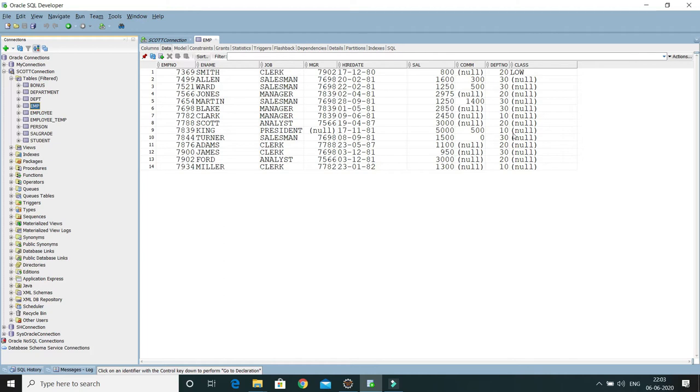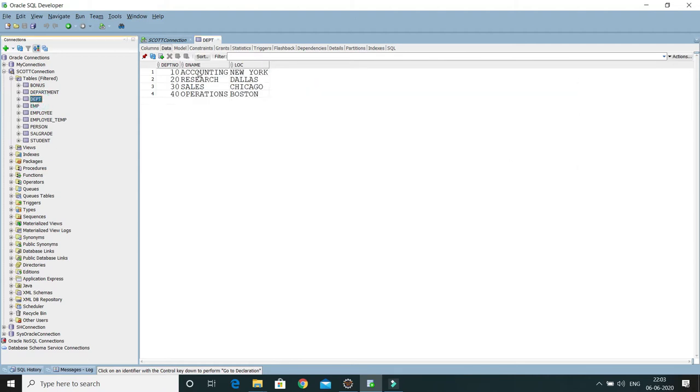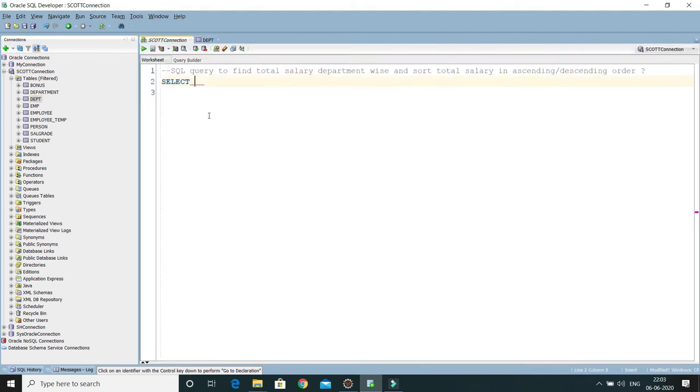Of course either you can get it from the employee table or department table, but I want to get the sum of the salary for those employees who are assigned to the specific department. So department number here I want to use from the employee table, and the salary column from the employee table, but department name is only available in the department table, right? So we need to perform joining first of all. So here we'll select a few columns.